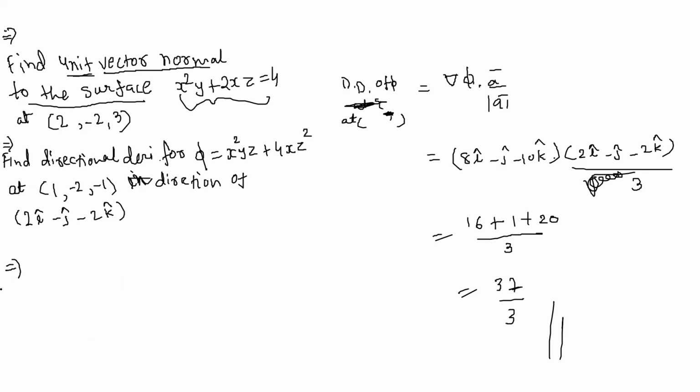Find the directional derivative for phi equal to xy plus yz plus zx at 1, 2, 0 in the direction of a bar equal to